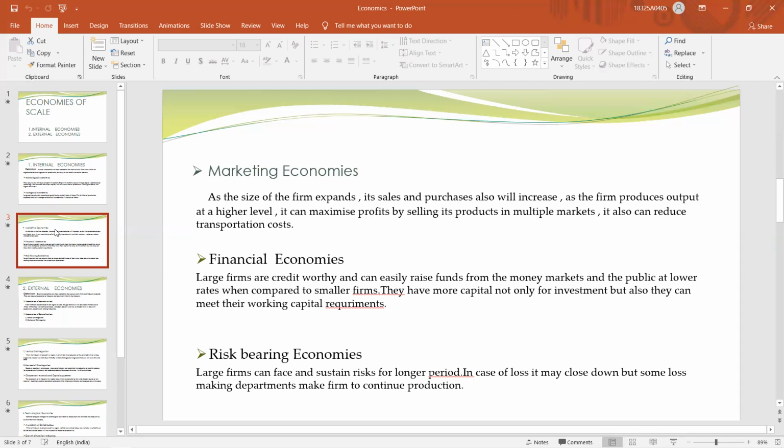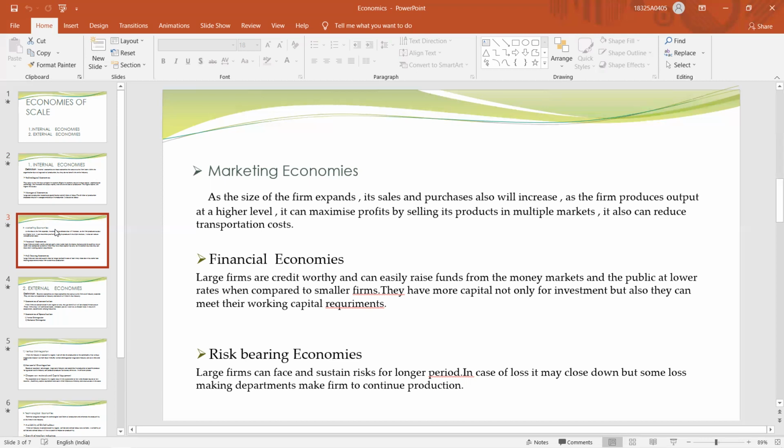As they are large firms, many institutions have belief in them, and compared to small firms, they can easily raise funds and have more capital, not only for investment but also to meet their working capital requirements, the day-to-day requirements. So next, risk-bearing economies, and these large firms